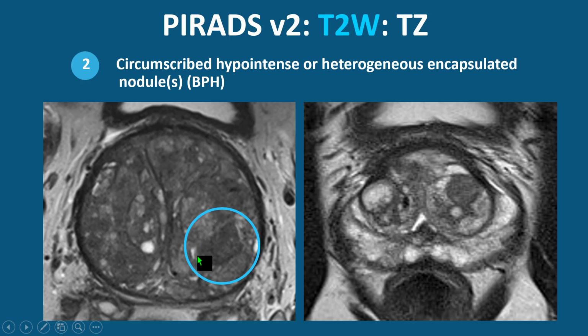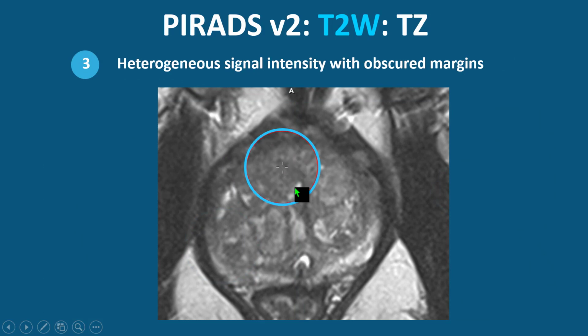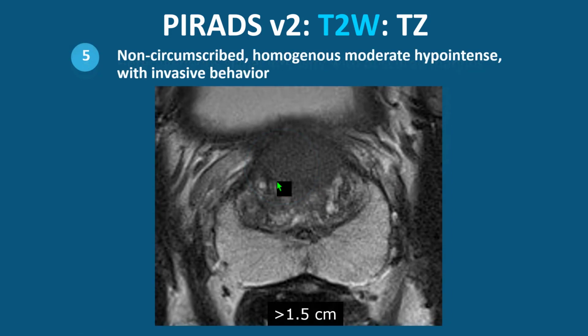Nodules which are bright, which are dark, which are intermediate, but there is structure in the nodule, and usually the lesion has a capsule or a pseudocapsule. This again also is organized chaos. Here it becomes a little bit more difficult, and this is the most difficult area. Is this a PI-RADS 2 or a PI-RADS 3? Well, what you should do is look at the other planes. So if it's sharp on the other planes, it's a 2. If it's unsharp in all the planes, you could call it a 3 or perhaps a 4.